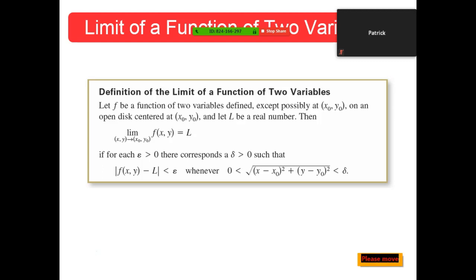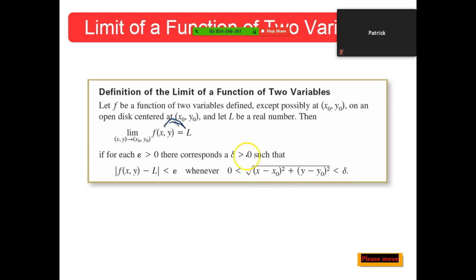This sounds just like the formal definition. That's true if for each epsilon greater than 0, there exists a corresponding delta greater than 0, there was that delta again, such that the absolute value of f of x minus L, think of this as, since it can't be the y value anymore, we'll call this the z value, the difference between this and the limit is less than that epsilon anytime you guarantee the point